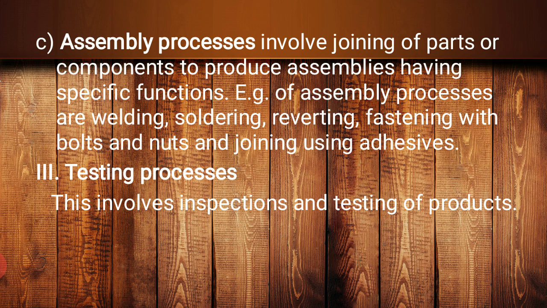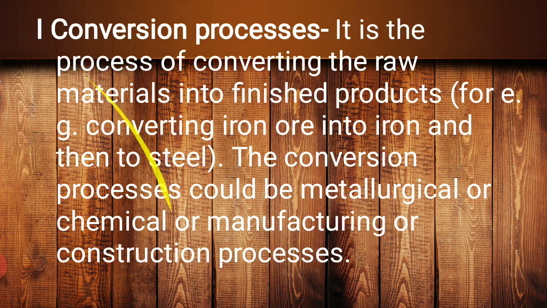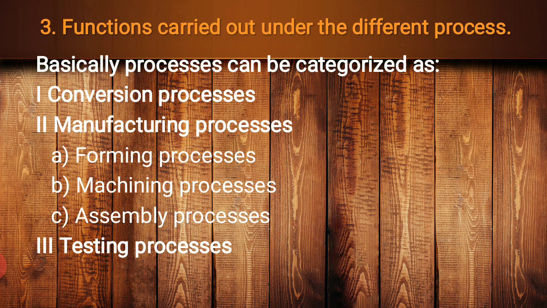See what we have done. I'll just try to make it clear one more time. We have done the functions: if we say production process, then exactly what type of function do we undergo? We can categorize this process into three parts. It is a conversion process basically, or manufacturing process, or testing process. Conversion means converting raw material into finished products. Manufacturing involves three things. If I am running a manufacturing unit,